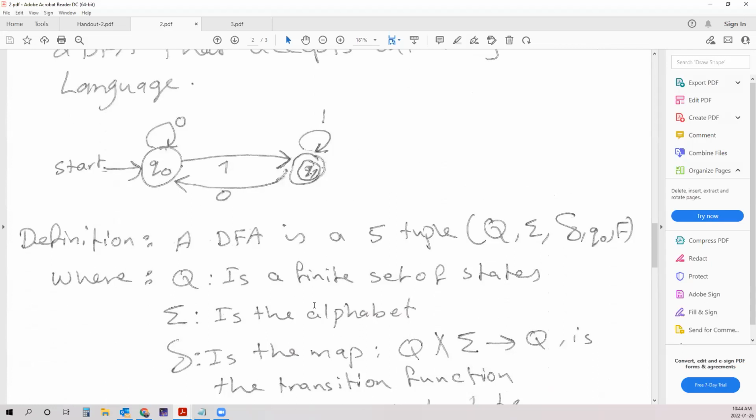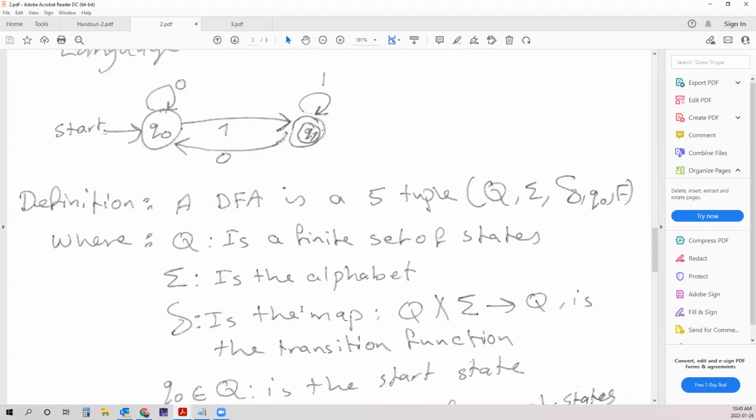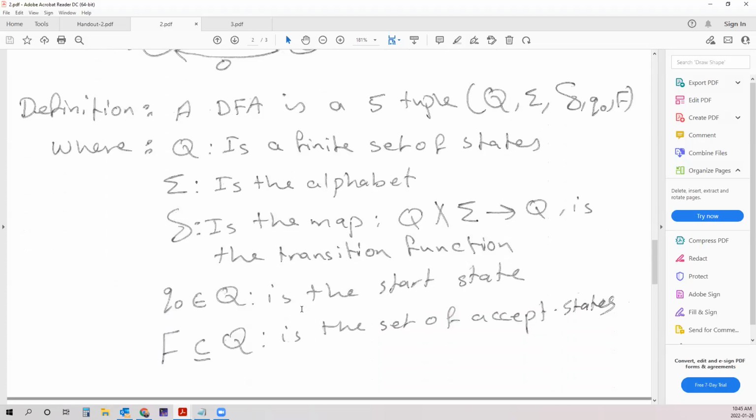It's the same as in the handout: Q, sigma, delta, Q naught, and F, where Q is a finite set of states, sigma is the alphabet, delta is the map from a state and an input taken from the alphabet that sends me back to a state in Q, which we call the transition function. Q naught is the start state, and F